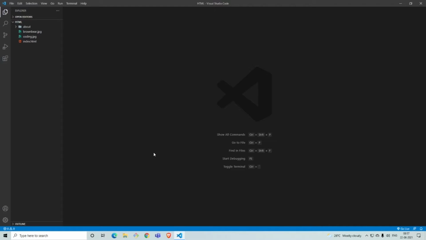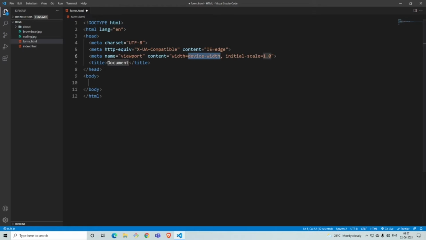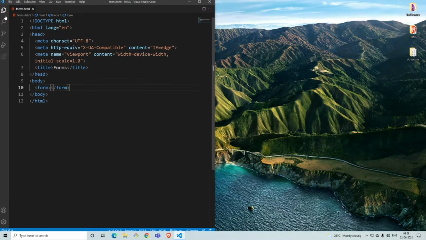Previously, we had finished off with the table HTML page. Now let's create a new file, and I'll call it forms.html because we'll be mainly focusing on forms this time. We'll give the basic body structure and title this web page as forms. Whenever you write forms, there is a form tag in HTML5, which is written like this: form, that's the opening tag, and that's the closing tag. Let me open this with live server.